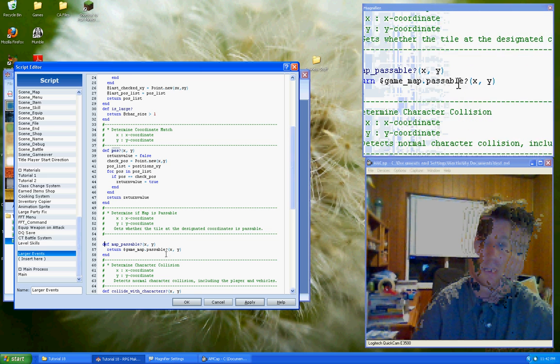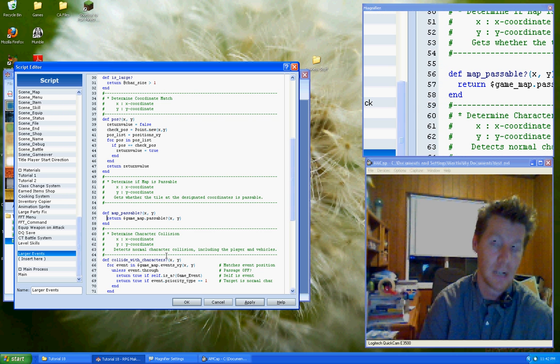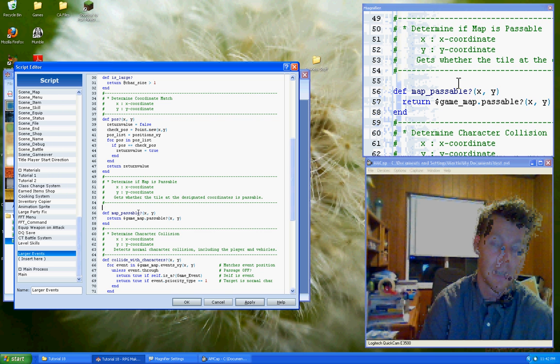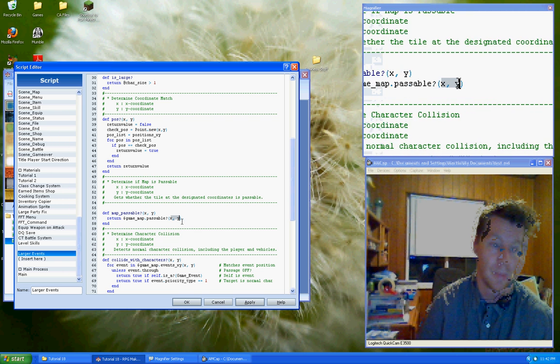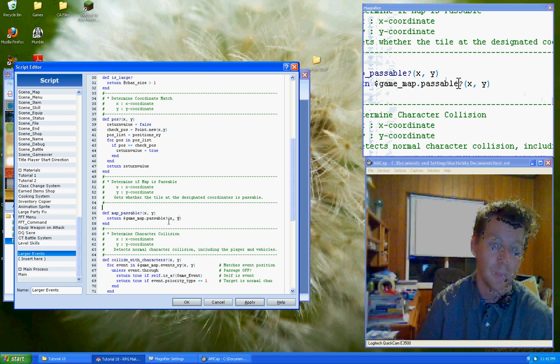However, for map passable, I'm wondering, I mean, since it's obviously just saying check this location, it's really probably easier just to go ahead and, this one here we can do an alias, and then we can just call the alias for each one of the map checks for each of the points in which the character is checking. So